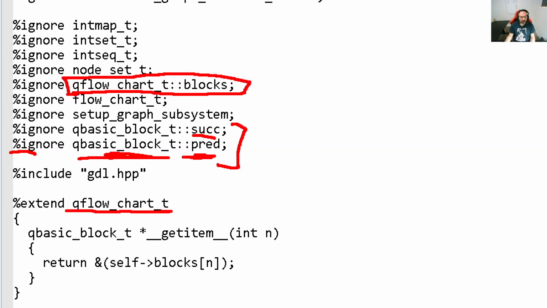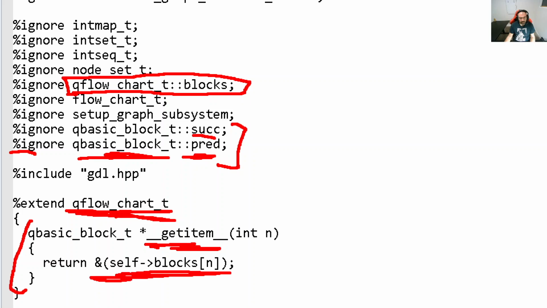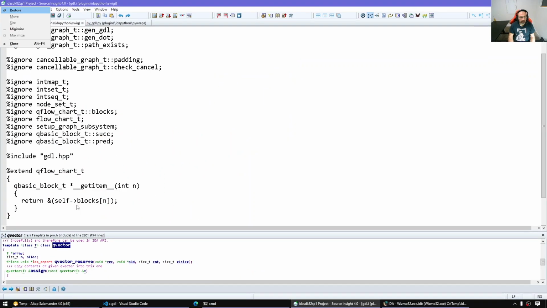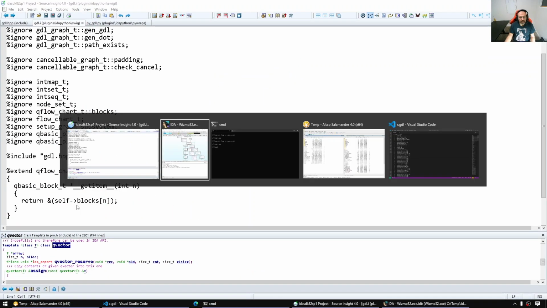And then we are extending that. So when we are writing the Python adapter for that C++ class, we are adding a special getItem method, which will return a pointer to the blocks. So we ignore the blocks, and for Python we expose it through the getItem method, which will basically give us